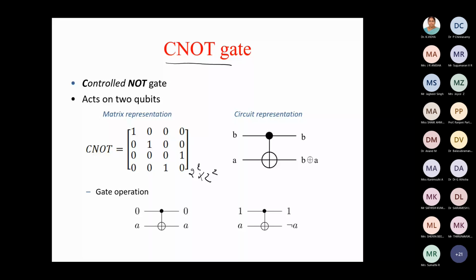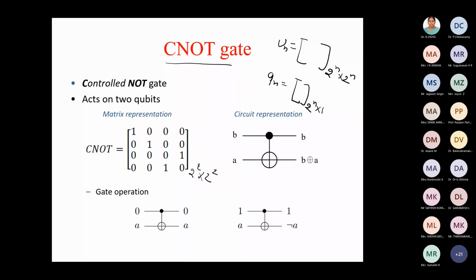In the case of a single qubit gate, the gate matrix will be what? Here 2 power n cross 2 power n. And if an n qubit system is there, then the qubit state will be a column matrix of 2 power n cross 1. So remember: n qubits we can represent as a 2 power n cross 1 column vector, and an n qubit gate can be represented by a 2 power n cross 2 power n square matrix. So in the case of n equal to 1, we have a 2 cross 2 matrix, but for a 2 qubit gate, the matrix will be 4 cross 4.